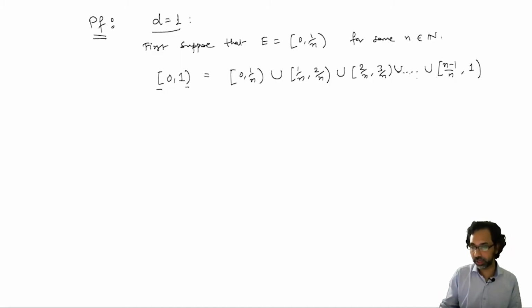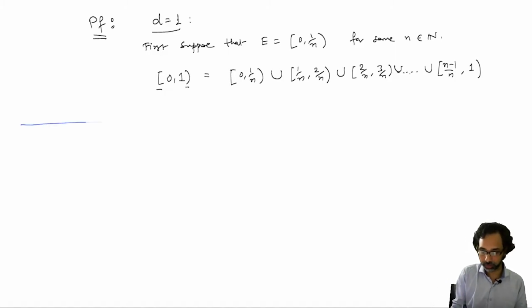So what I am doing here is breaking up the set [0, 1). So we have this set [0, 1), which is closed at 0 and open at 1, and I am breaking it up in chunks of size 1 over n. So this is 1 by n, this is 2 by n, 3 by n and so on, n minus 1 by n. So each one has size 1 by n,